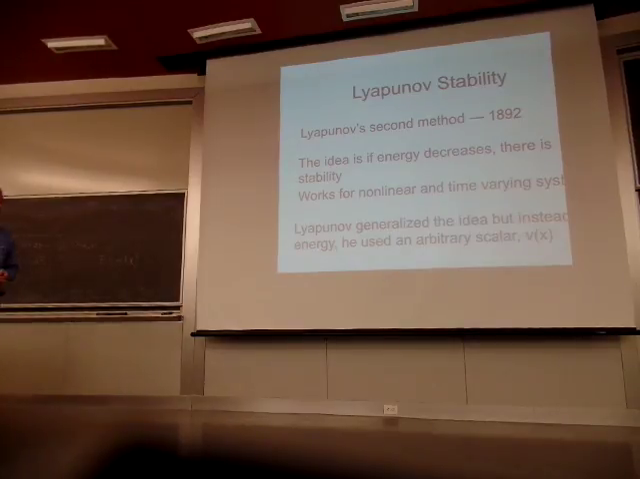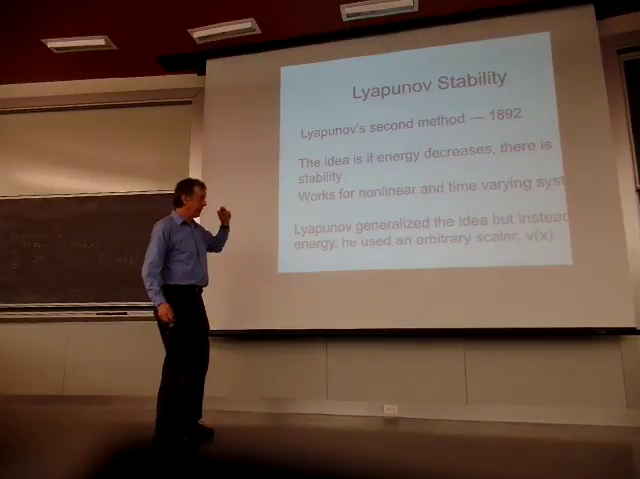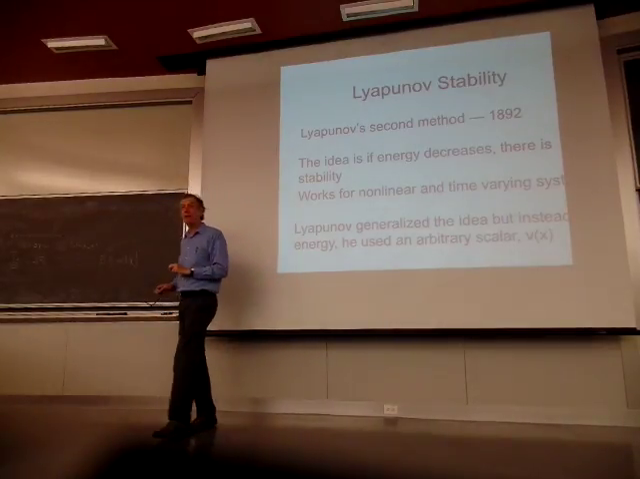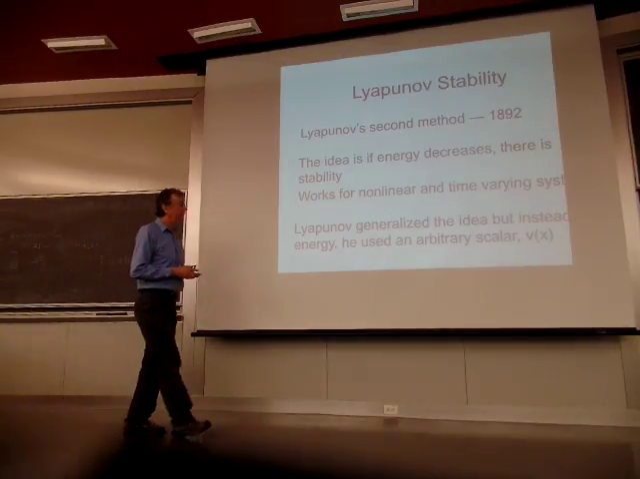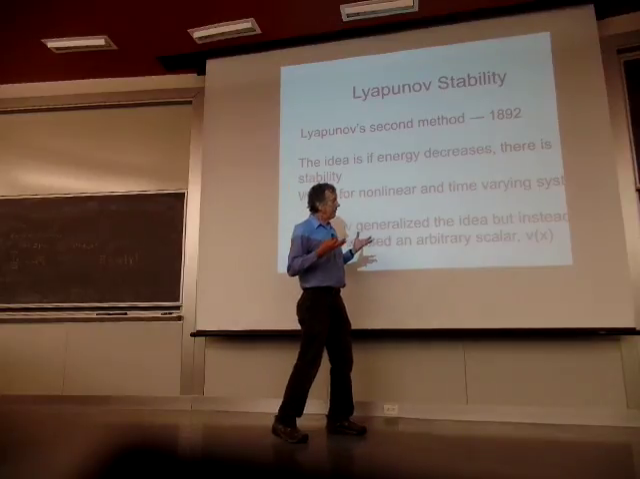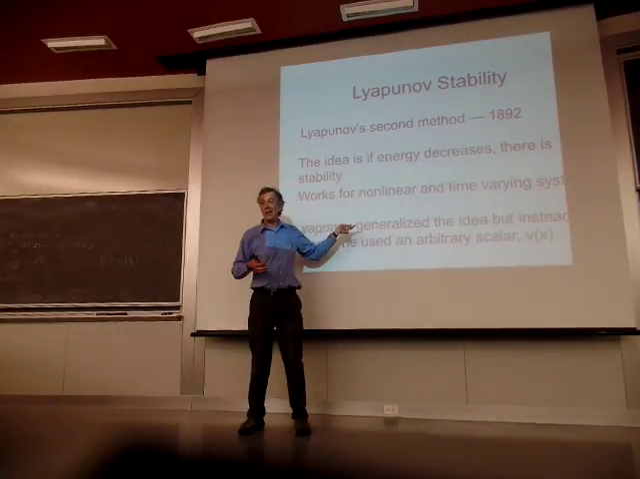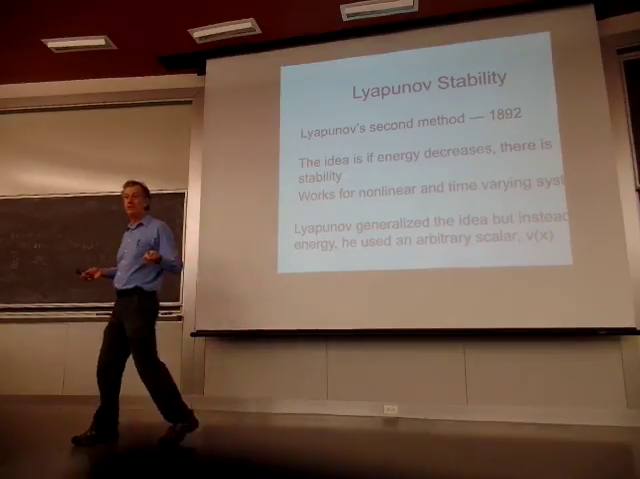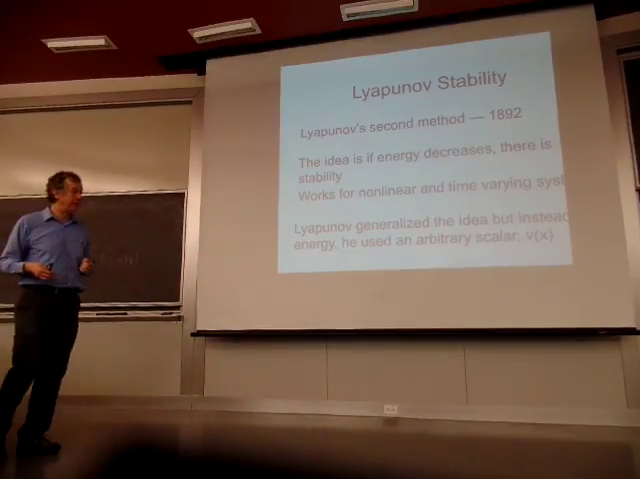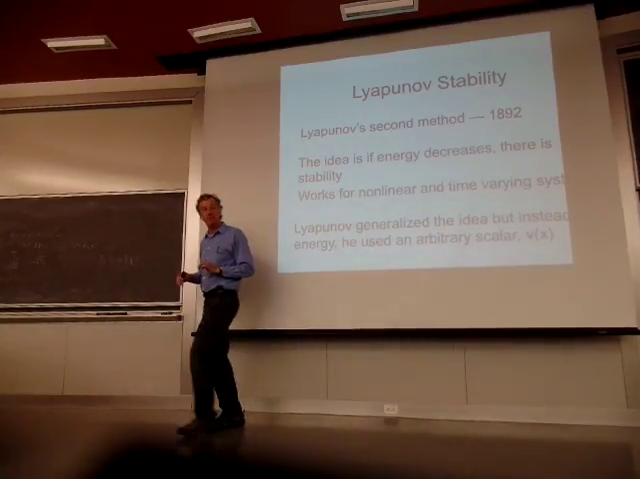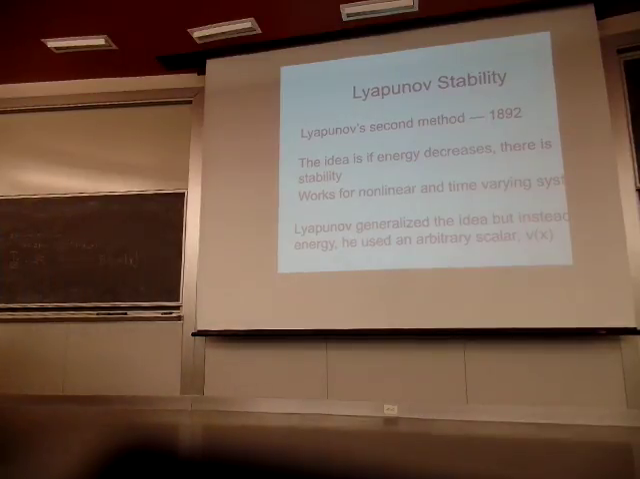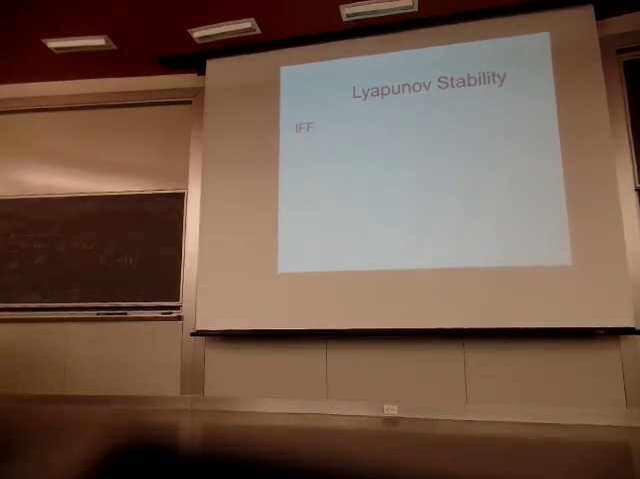Okay. So Lyapunov generalized this idea of energy, but instead of energy, he used some arbitrary scalar called V(x), a function of the states. Energy, of course, is a scalar. And Lyapunov says, well, it could be an energy. In fact, energy is a Lyapunov function. It's a special case of a Lyapunov function. But he says, in general, if I can find some function here, I can prove stability, using essentially the same ideas. So this is if and only if